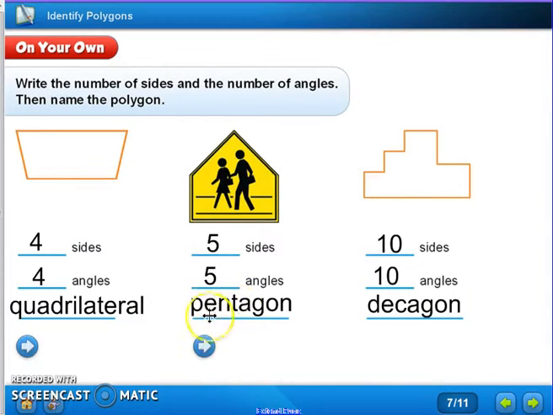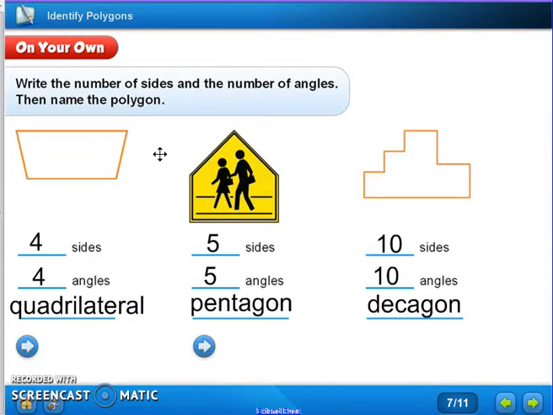So, let's think about what we learned today. We learned that polygons are shapes that have to be closed. That means that all the lines have to connect. Nothing from the outside could get in. They have to be flat, like a piece of paper. They're two-dimensional. And we know that they have to be made of line segments, no curved paths. We also learned that sometimes just because a shape is closed doesn't mean it is always a polygon. Remember that shape that had the curved lines and the line segments.